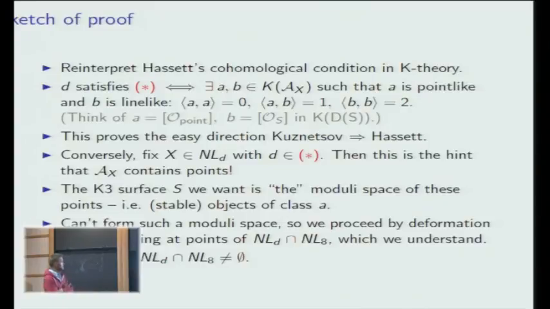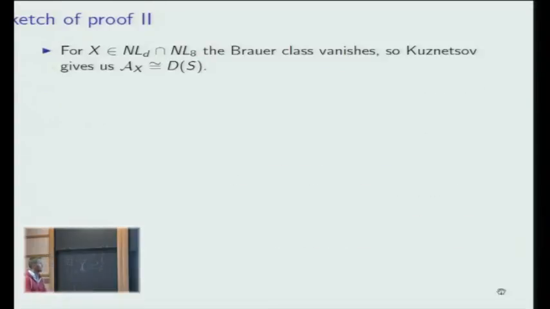Yeah, we can't. I mean, that's why we don't. That's what we want to do, is just form a moduli space of objects in this category whose K-theory class is A. But we can't do that because, you know, we don't have a stability condition or something. Right, so we're going to do it at a point here. Here we can do it. We can form such a moduli space. We know how to. Okay, so we choose such a point, and now we have Kuznetsov's description of this AX as some twisted derived